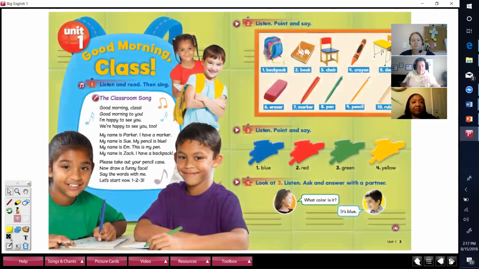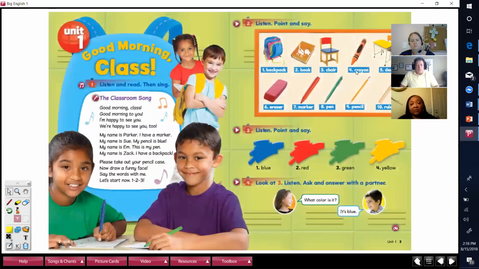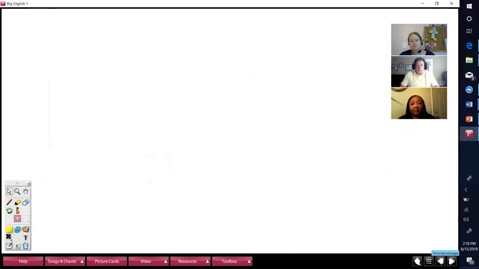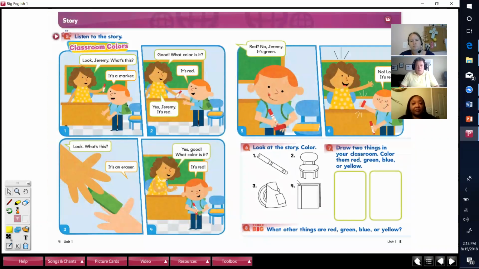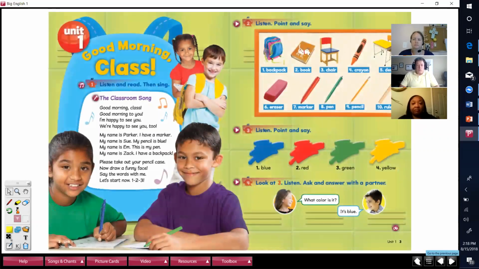Ideally, you can go to all those pages, but depending on your conversation with the student, you might even just get to exercise 4 or even up to exercise 5 and 6. So it's entirely up to you. So I'm going to show you some of the features of Big English that are valuable to you as a teacher. Okay. First of all, you have not only just the ebook, but you have this toolbar down here